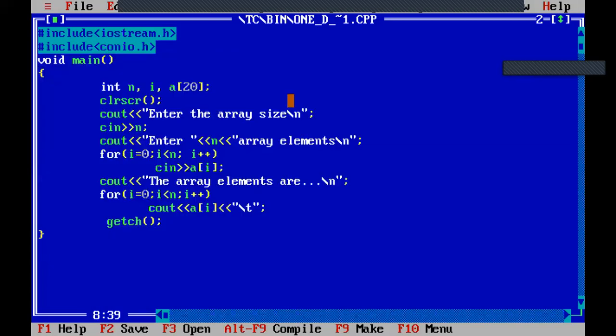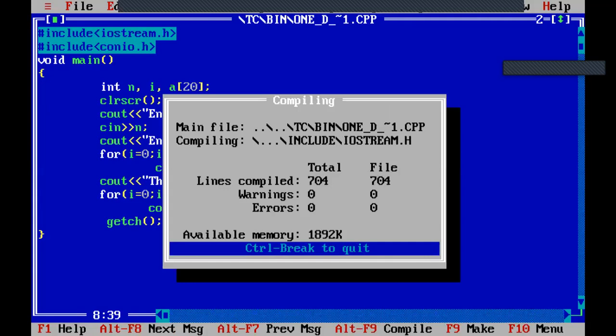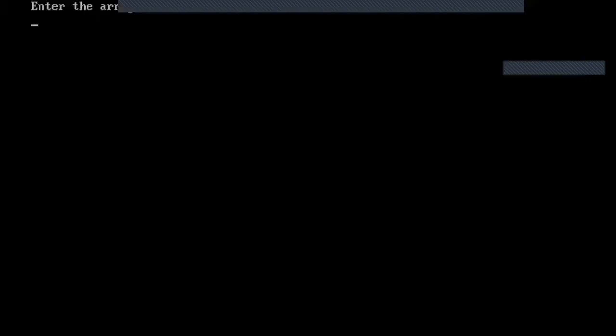So we'll try to execute this program. Once I will execute the whole program at a time, later we will see tracing. You just look at the output screen. In the program the maximum size is 20, but here I will take only 5. It says enter 5 array elements. There is no space between digit 5 and array because in the program I have not left a space. It's not a big mistake, you can leave the space. However you write, it will be displayed as it is.